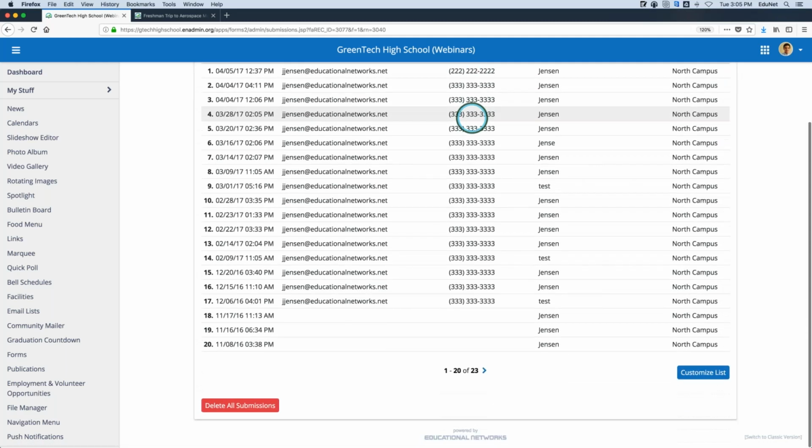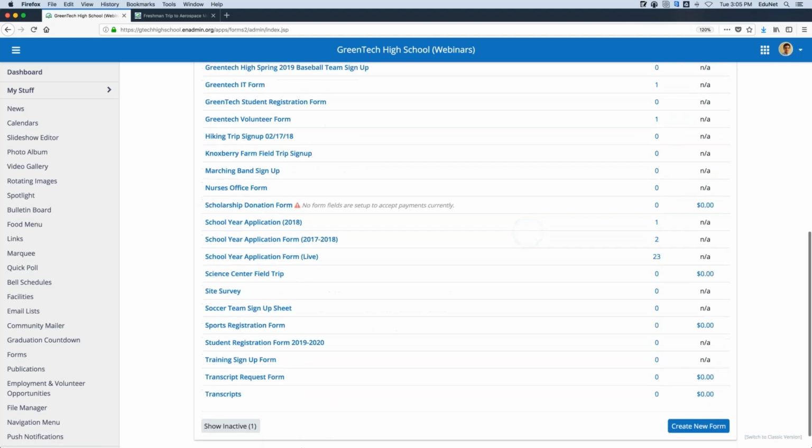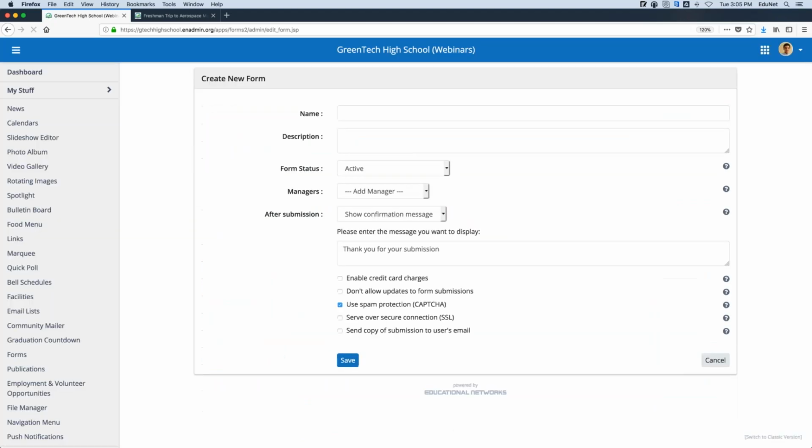Now, getting started on our form is very easy. We're going to build a field trip permission slip for our senior class. Let's say, for example, our senior class is planning a trip to a local amusement park. So this is going to be named Senior Class Trip to Throwborough. Next, we need to put in a description for this form. So we put in